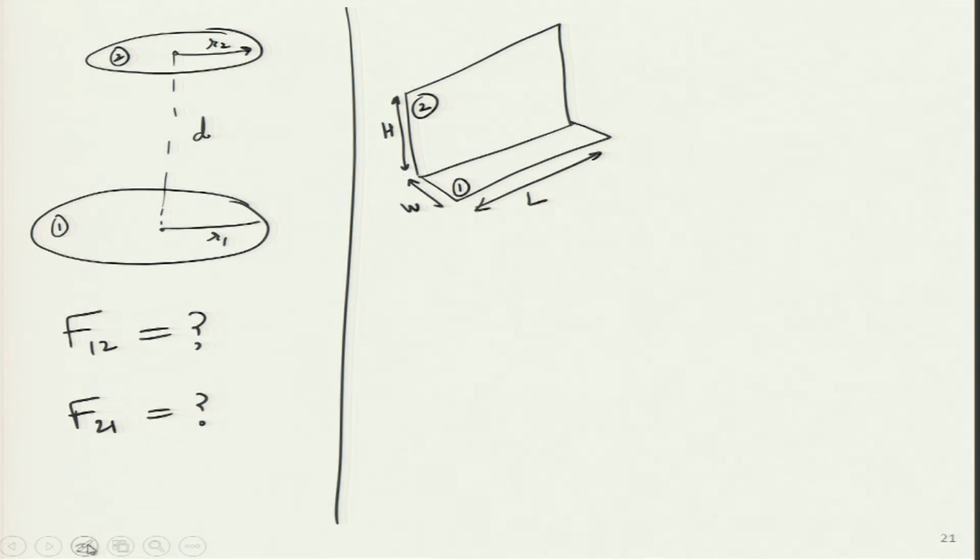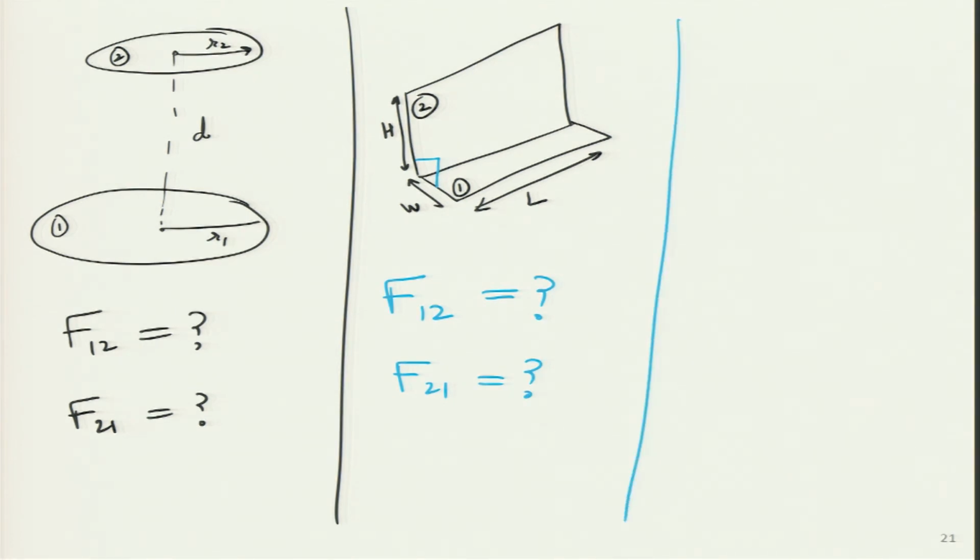Right. So, what I am trying to draw over here is there is a 90-degree angle over here. So, this is actually a straight wall. Again over here I want to find out the value of F12 and F21. Whichever of these I can find out, the other one I will be able to find out very easily, because I will just use the reciprocity relation. So, finding out one of them is difficult, the next one will be very easy.